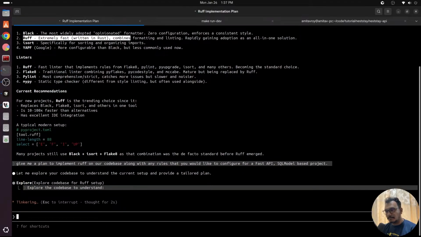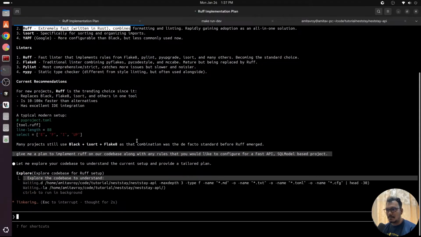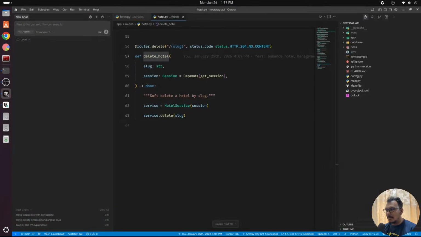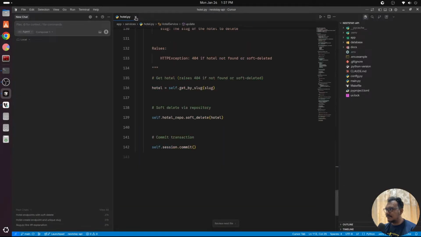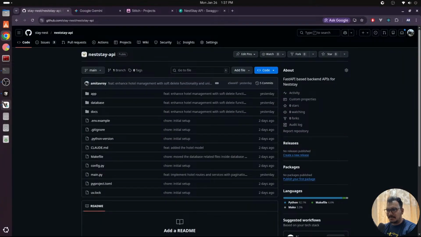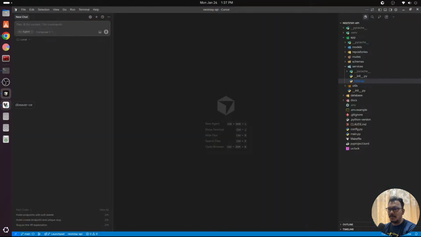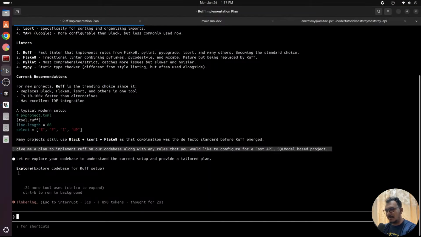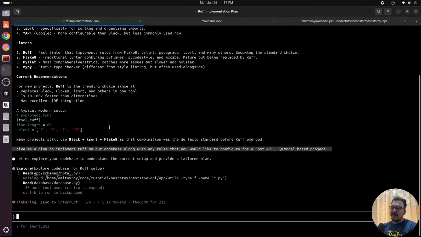I think generally the code is formatted, but still it does make sense to have something in place so that I can also have a workflow at some point working for me. All right, while it's doing its thing,